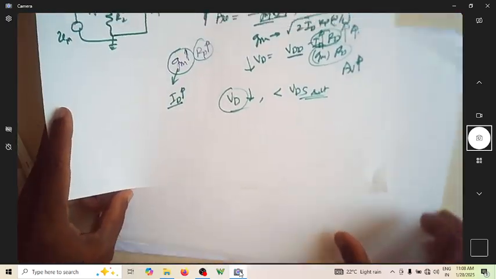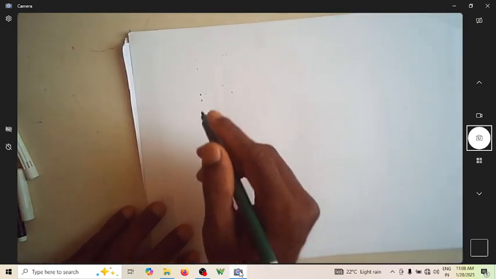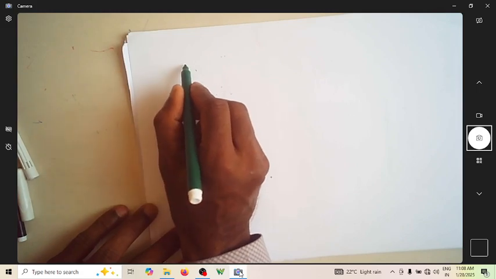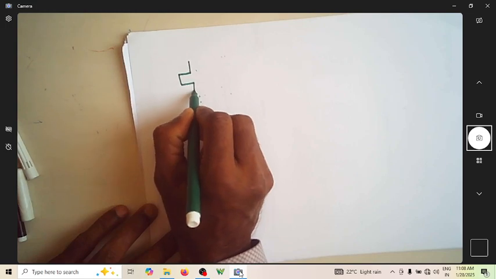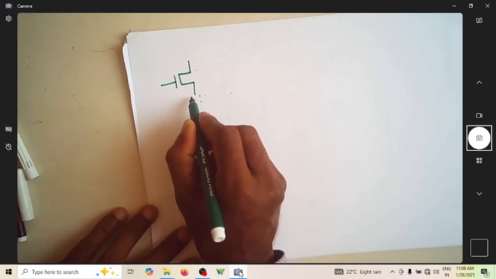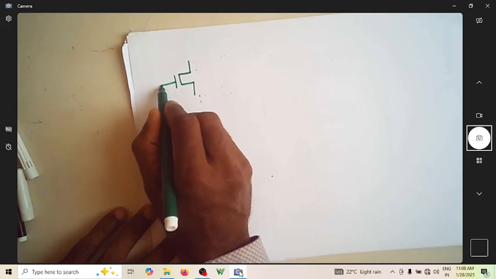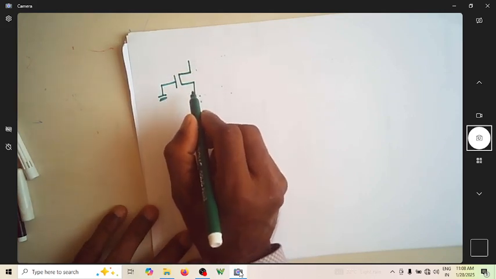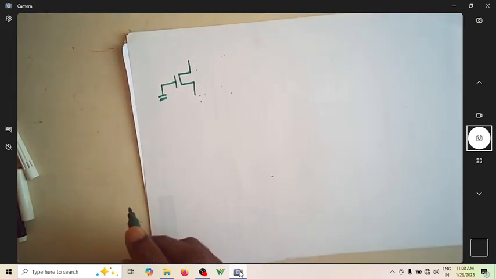Now let me replace that resistor RD by a MOSFET. Before we start using a MOSFET in place of RD, let us try to understand what is the resistance looking from drain and source under different conditions. I will just summarize, and you can look at the detailed analysis in other existing videos. If I AC ground the gate,